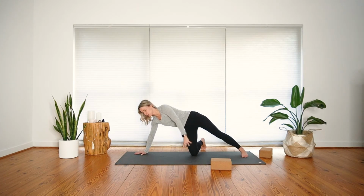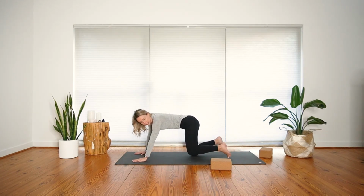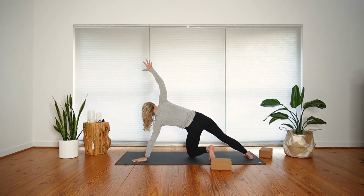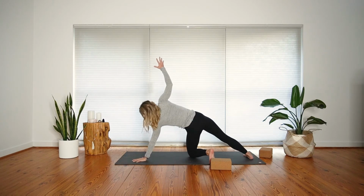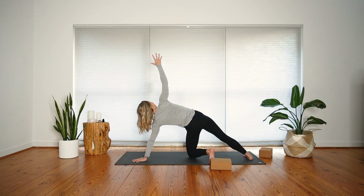Your left hand will slowly lower down to the mat. Left knee will draw in. Right leg will extend long as you open up to your modified side plank to the right. Anchor through your left hand, your left knee, your right foot, as your right arm will reach up towards the ceiling. And again, let's take those